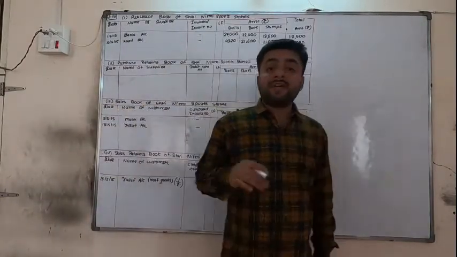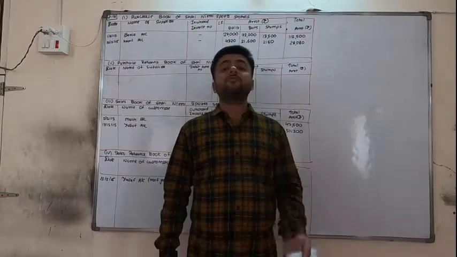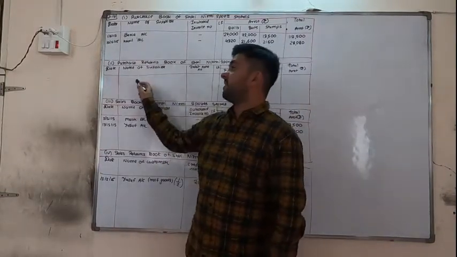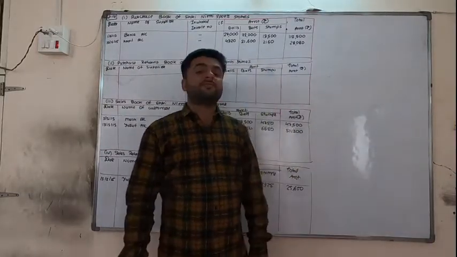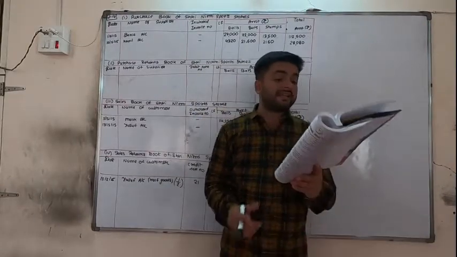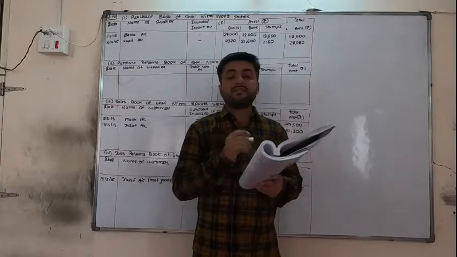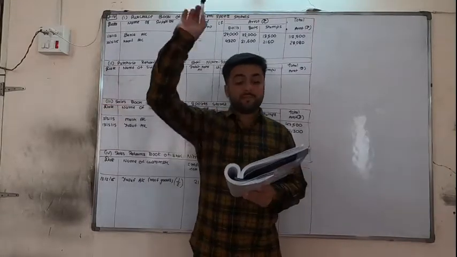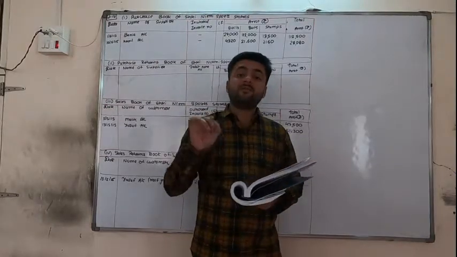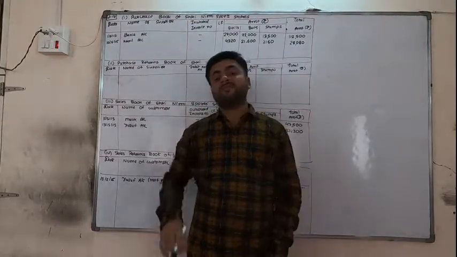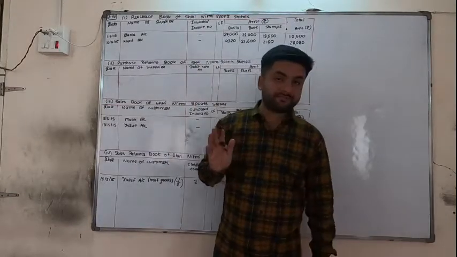But for the next transaction it is a little bit difficult. Following goods are returned to Sania. We have purchased from Sania, now we are returning back, so it is purchase returns. But see, they are not telling 50% goods or 40% goods, they are directly giving the numbers. So what we have to do, these numbers we have to multiply with the price of the first transaction, and then we have to take minus 10% trade discount. Otherwise this answer will be wrong. We cannot take 1 by 2 or 10.